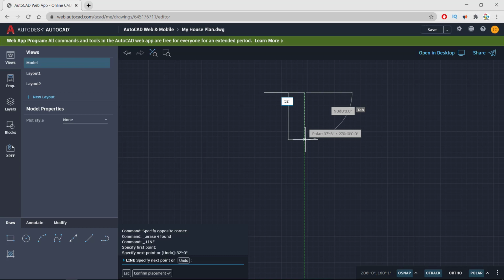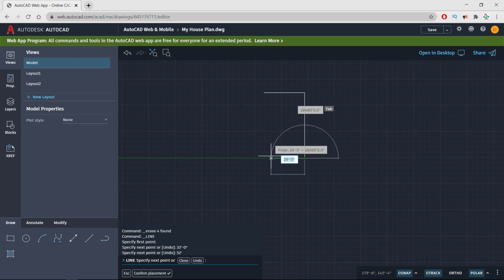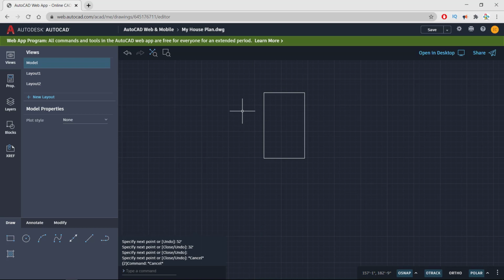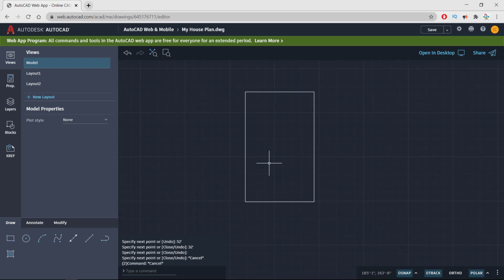Just 52 is enough, and I'm pressing enter. Again on the left side 32 feet, enter, and the rectangle is completed by sketching the last line. So here I have my plot ready on which I have to draw my house plan.